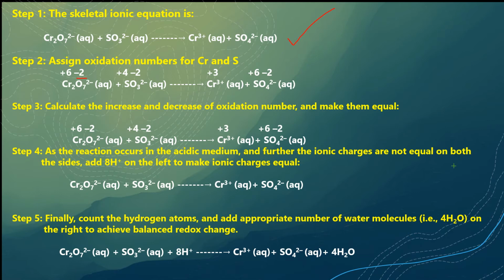If you have Cr2, let us take 2x. This x is for 1 Cr. As I told you, oxidation state or oxidation number pertains to a single atom. So x is for 1 and there are 2 Cr. So I have written 2x because I don't know what the oxidation state is right now. There are 7 oxygens. Each oxygen has -2, so it becomes -14.